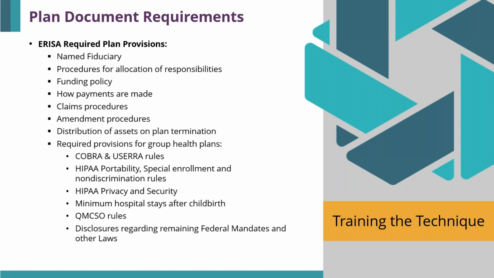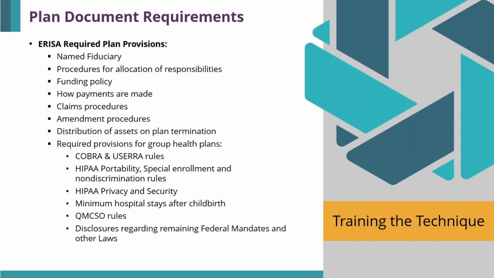These are some of the ERISA required plan provisions. Name a named fiduciary. Procedures for allocation of responsibility. Who has responsibility to amend and terminate the plan? How are the benefits going to be funded, through employer contributions, employee contributions? How payments are to be made? Any claims procedures, amendment procedures,